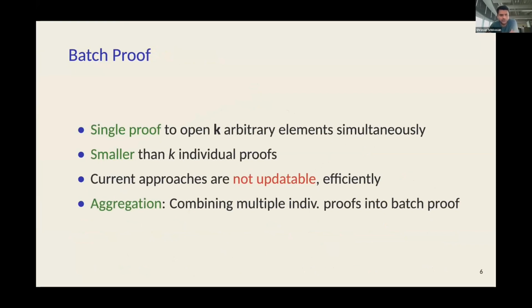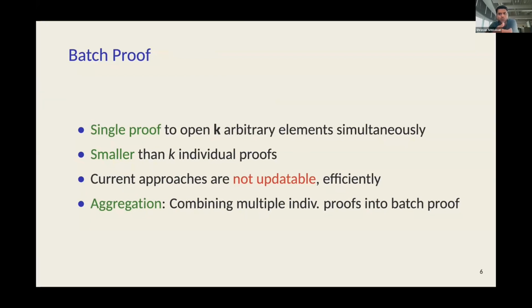So a batch proof is a single proof to open k arbitrary elements simultaneously. The key difference between a batch proof and a range proof is that in batch proofs, it's going to be k arbitrary elements. However, in a range proof, it's going to be a consecutive set of elements. A crucial efficiency property which we want from a batch proof is that it has to be smaller than k individual